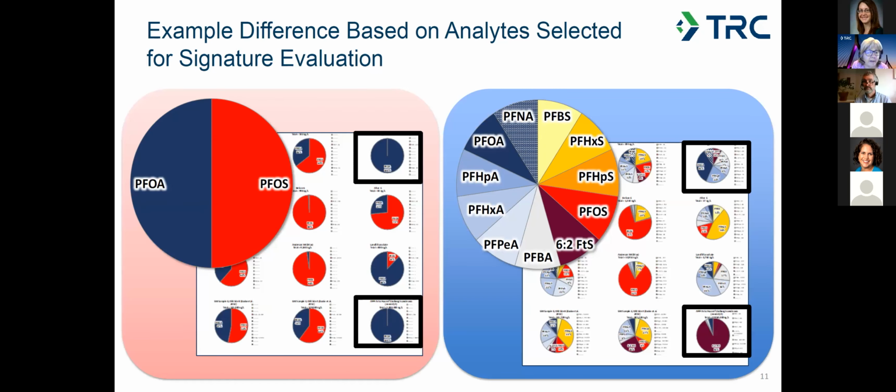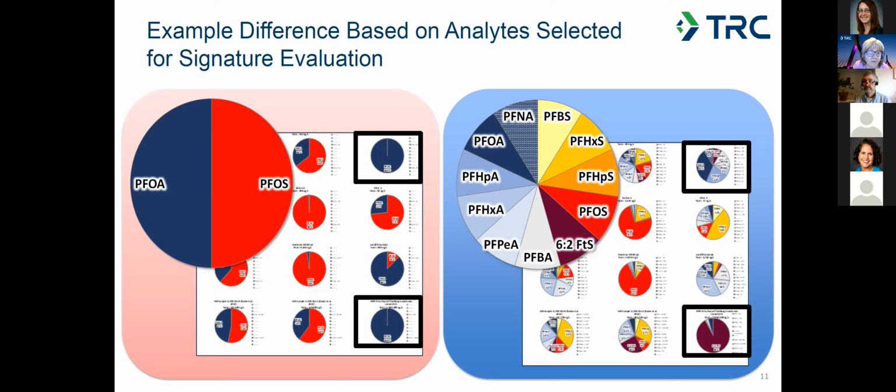And this is my final slide. So as we know, the standard PFAS analyte list continues to change. And one of the problems is that the largest data set we currently have is UCMR3, and that only includes 6 perfluoroalkyl acids. So when you're looking at comparing signatures, you have to really think about what the analyte list was. So we need to integrate the chemical data with the hydrogeological data and other forensics evaluations. There has to be a multiple lines of evidence approach.